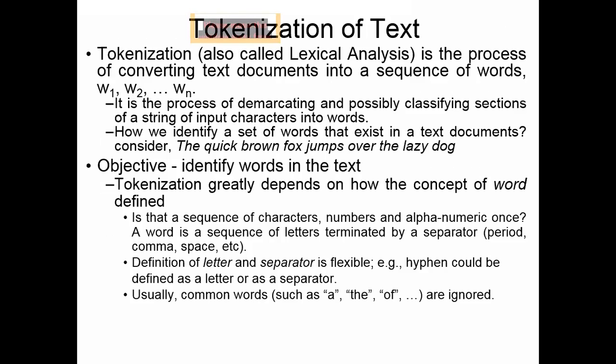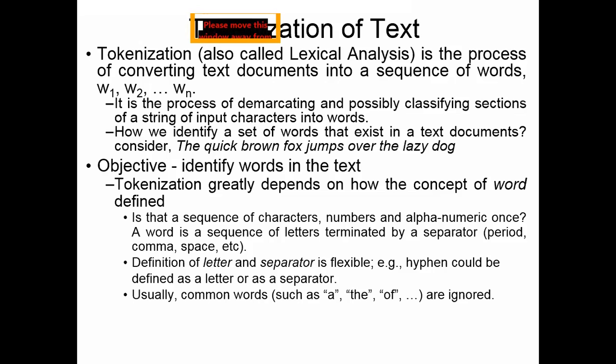The first step in any information retrieval system design, if it is at word level, tokenization is always there. Tokenization means splitting the text document into a sequence of words, because the document collection is produced based on a sequence of words that are forming a sentence, and the sentences are forming paragraph. So as a unit of designing an information retrieval system, we have to identify words, and for identifying words, we have to go for tokenization.